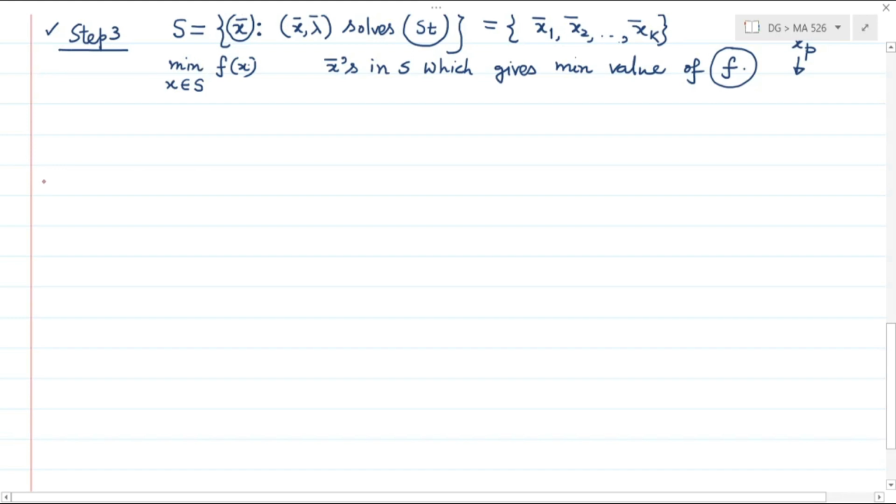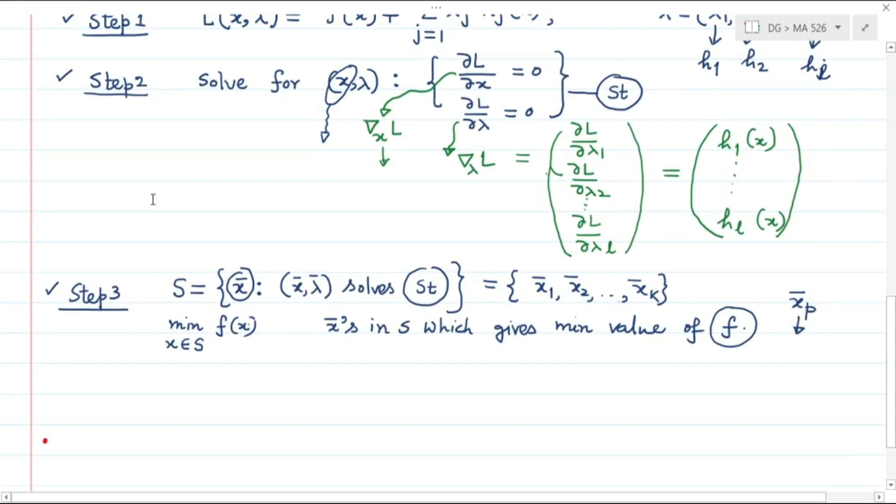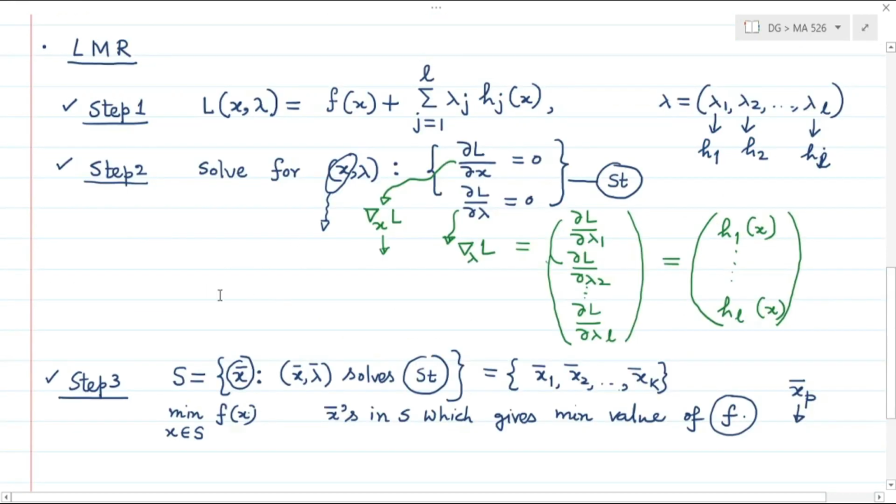Where are the loopholes in this method? The answer is that if we deliberately apply this method to a constrained optimization problem with equality constraints, it might give a point that is not really a local minimum for the function f(x). The first point is the following: in step 2,